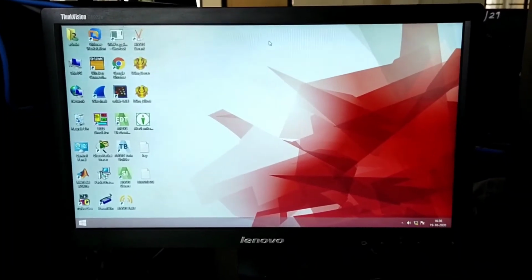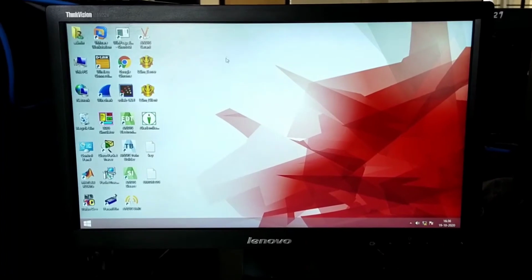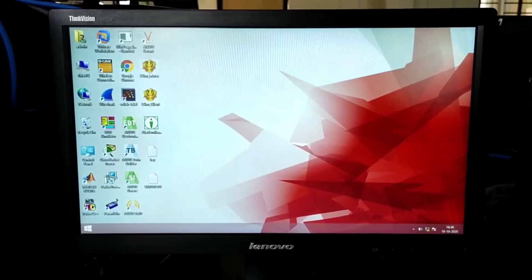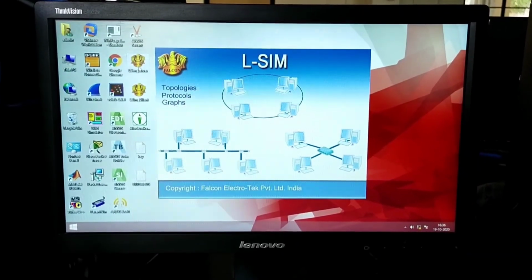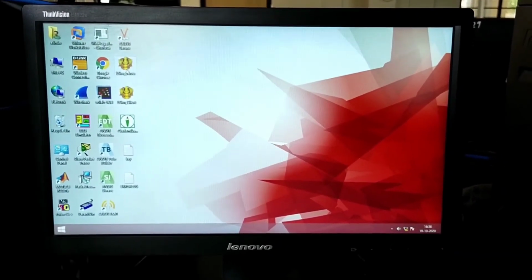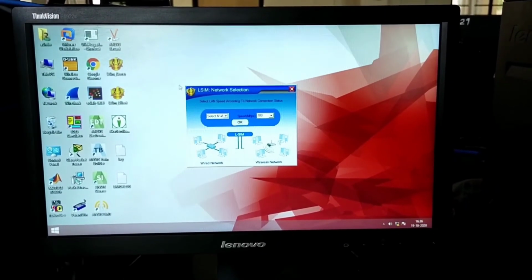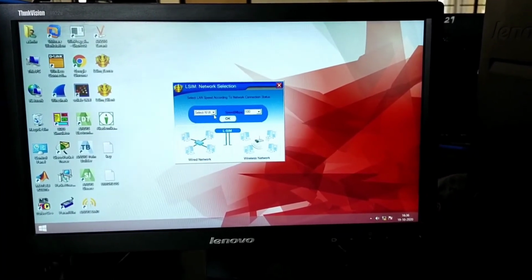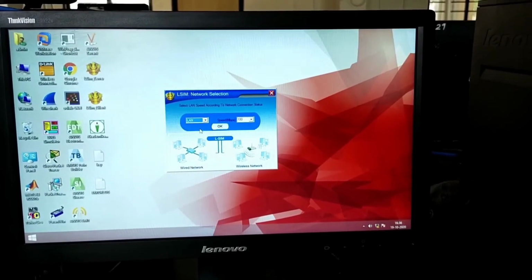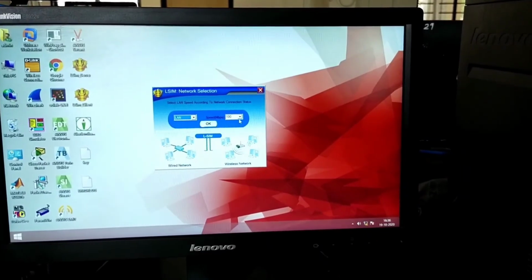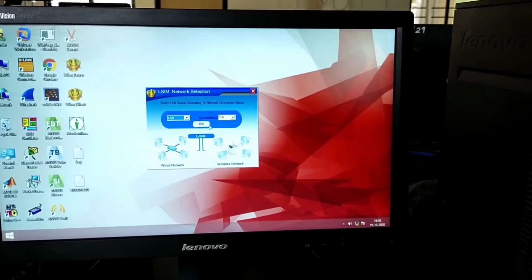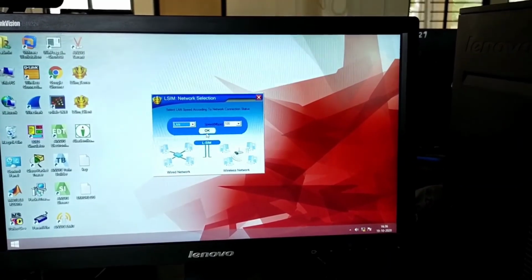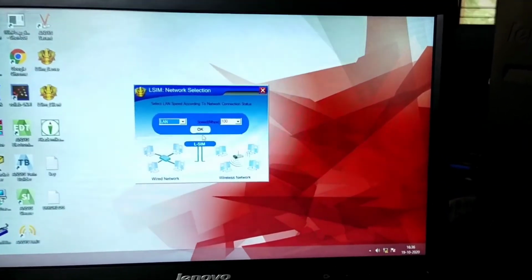Here we are focusing on a central PC having server file installed on it. As soon as we start the server, it will ask for the type of network, LAN or WAN. Here we have LAN. Then we have to select the speed of the network, 100 Mbps, 1 Gbps and so on. We are selecting the basic one. We are giving OK here.